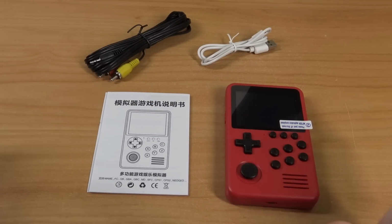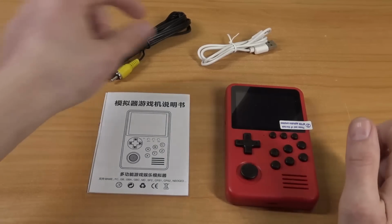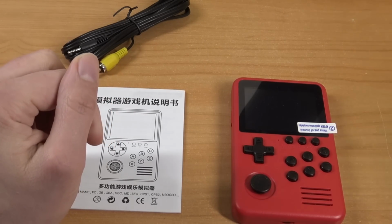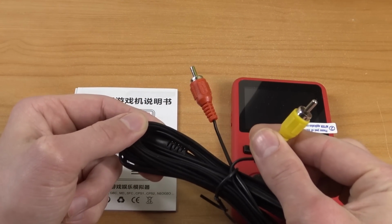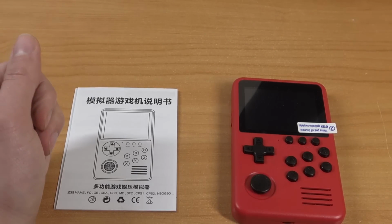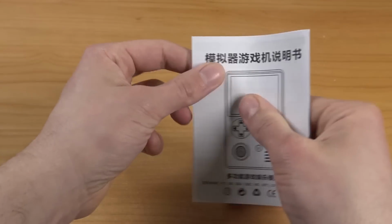Okay guys, inside the box we're going to get the normal stuff like with a lot of these cheap handhelds. We're going to get a USB cable. This time it's a micro USB for charging the internal battery. We're going to get an AV out cable. Sadly we only have two signals out, one for the audio and one for the video, so we're going to have mono sound. It's going to be a choppy image, but we're going to grab ourselves an old television and check it out. And not to forget,